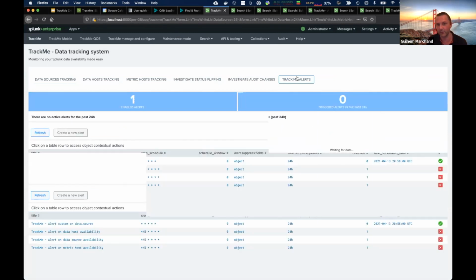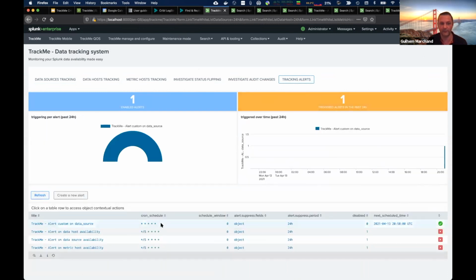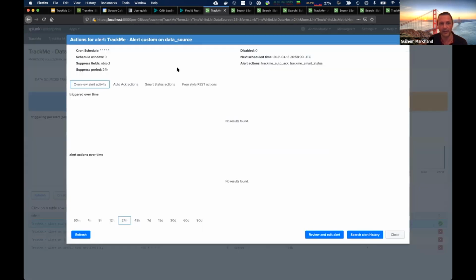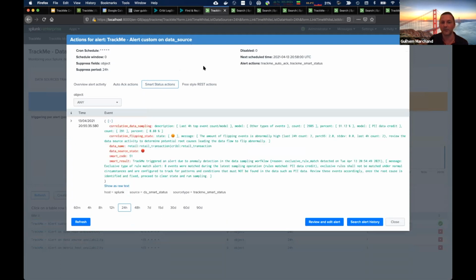So I should have had one thing. So happening. There you go. Okay, so I've got this one that happened. So there is a new feature as well, a recent feature which came in TrackME very recently, and that's called the smart status. So the smart status is basically a REST endpoint, which will be